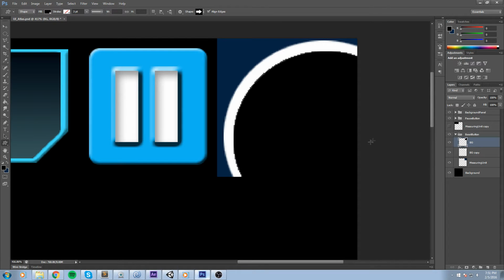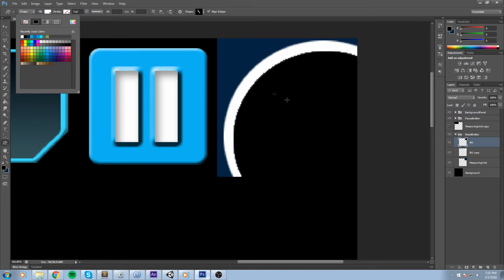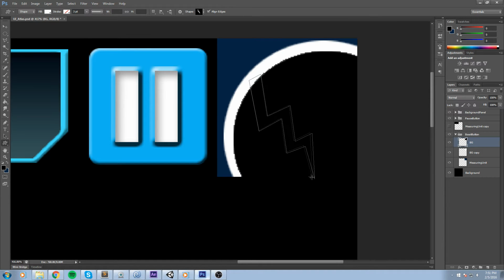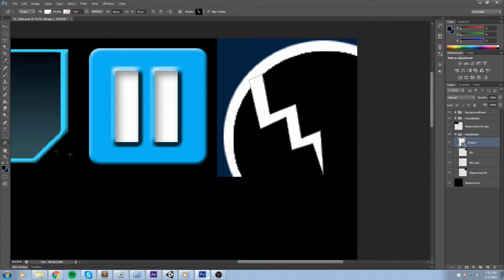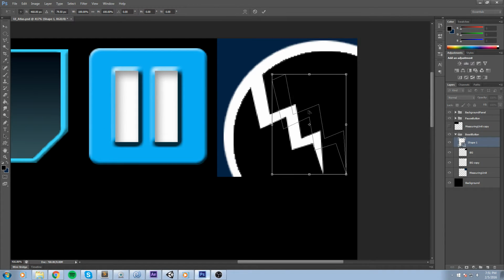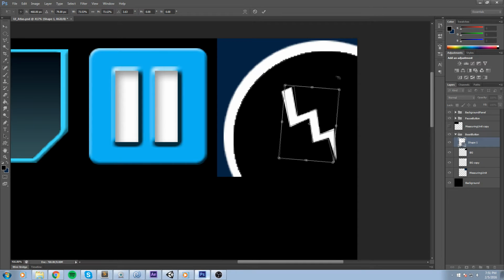Now I'm not really good at drawing, but I think there is a fire custom shape, and there doesn't seem to be any, oh, but there is some kind of lightning shape that I'll be using. Okay, so here it is, a new layer. Actually, do we need a new layer? No, it's actually going to create a new layer itself. So what I'll be doing is changing this color to white, then creating this kind of lightning using the custom draw tool. Let's move this somewhere in the center